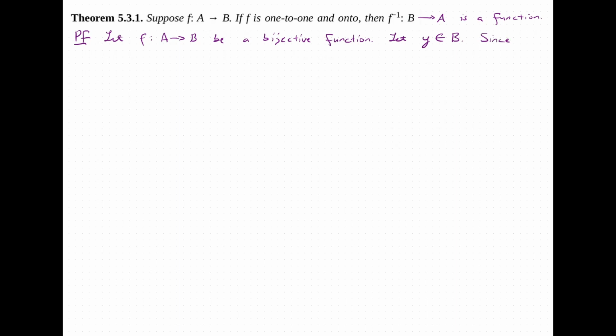Since f is onto, there is an x in A such that f of x is equal to y. In particular, y comma x is in the inverse relation. So we have y comma x is in f inverse. And so consequently,